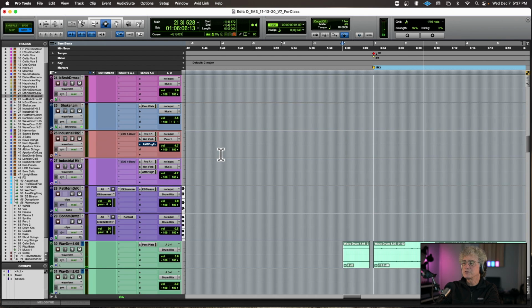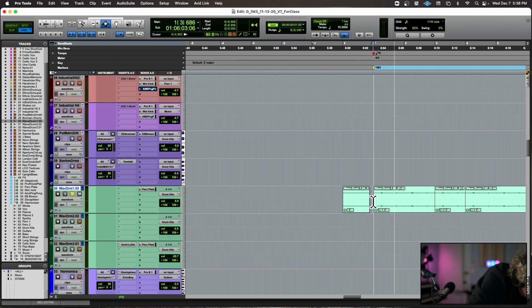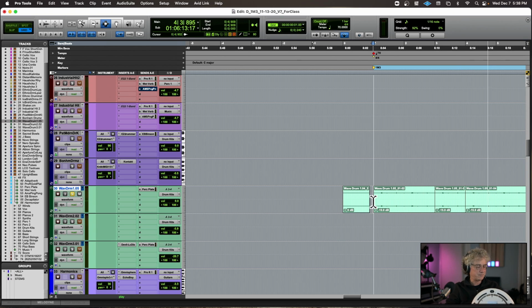So I start off with just this little rhythm, and then there's this drum here called a wave drum, which is this, and I'm playing it with my hand, and it's a really cool instrument. I picked it up just for this job.